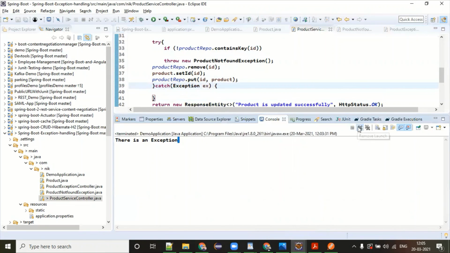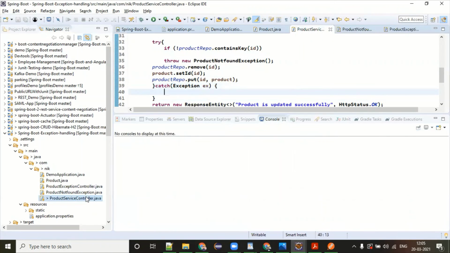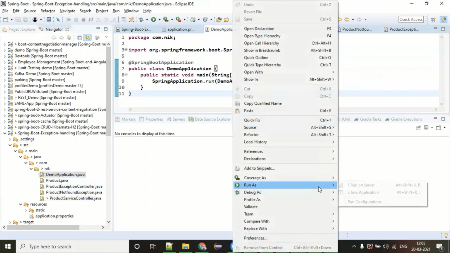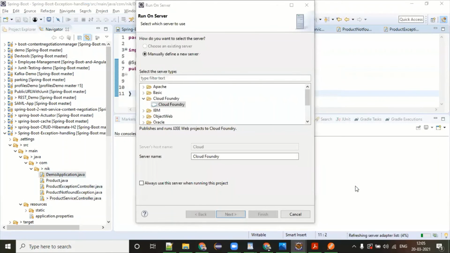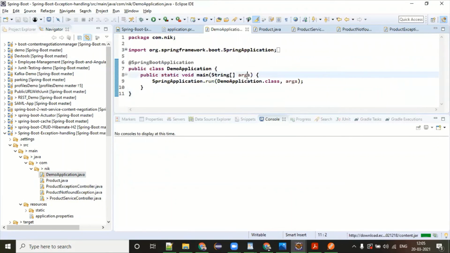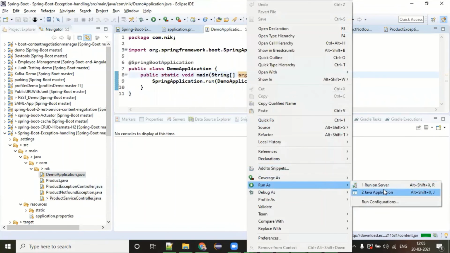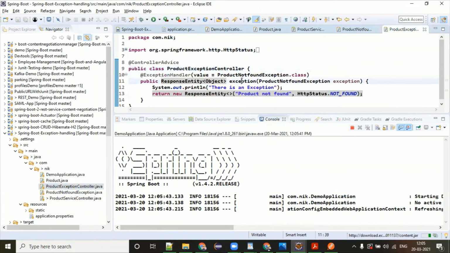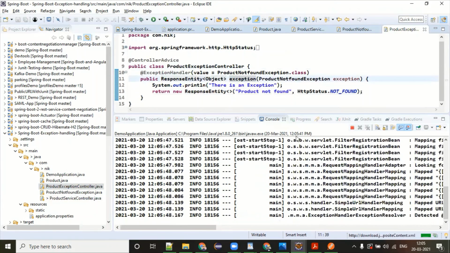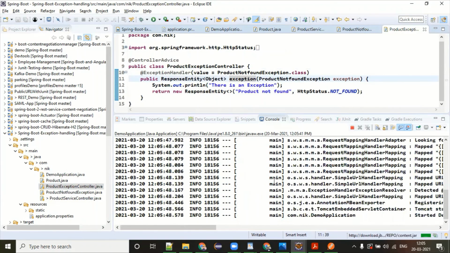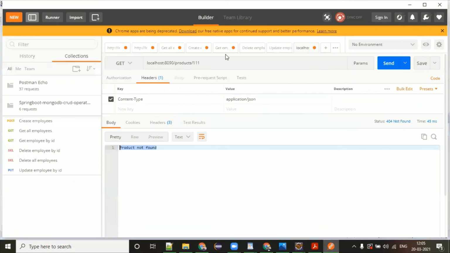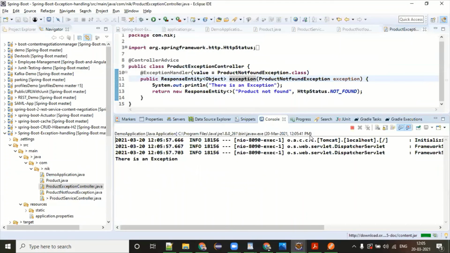Product service. Let me run it again. Run the Java application. My claim is that even though it is handling, it should display me these results. Yes, and we are right.